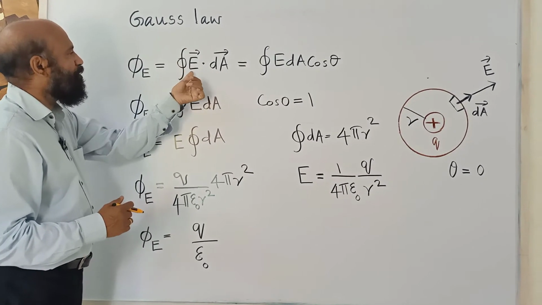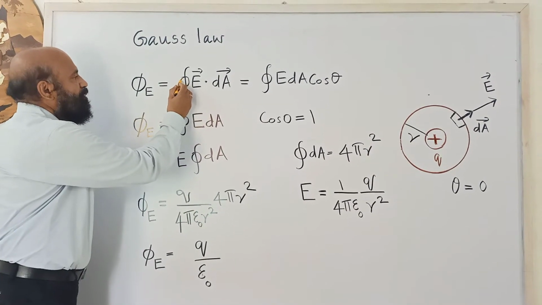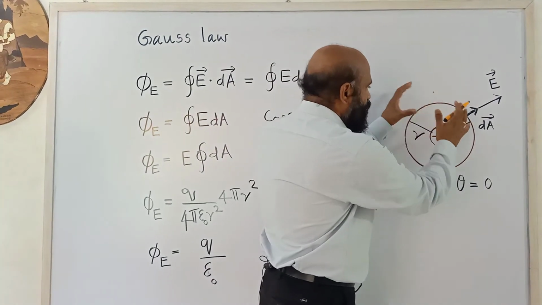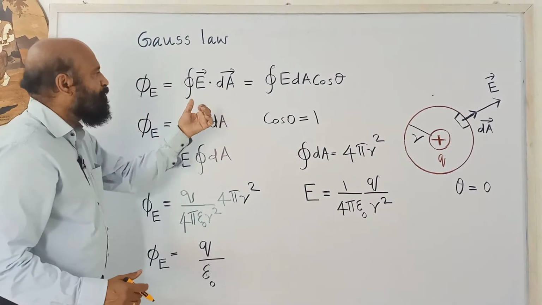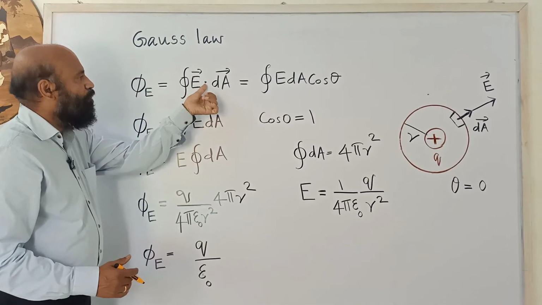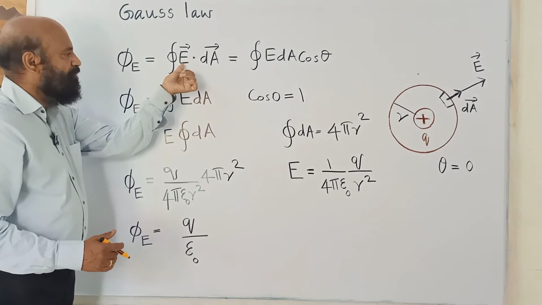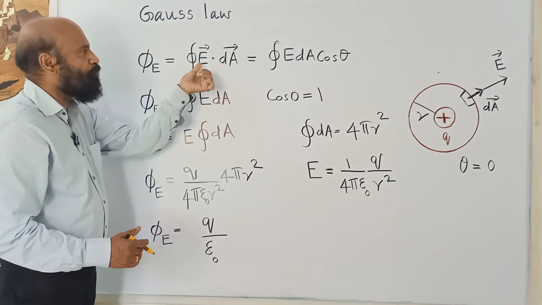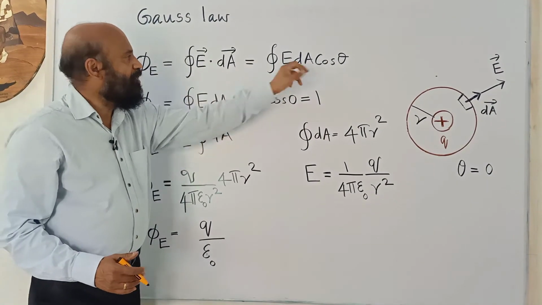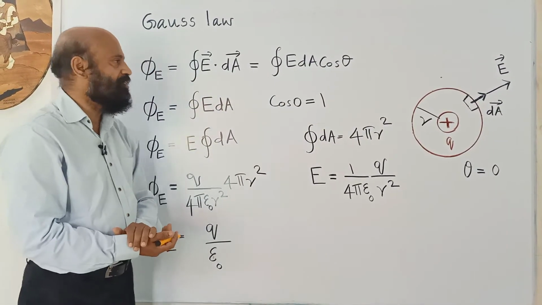integral of E vector dot dA vector. So here this circle on the integral sign shows that integration is to be done over a closed surface. Now, flux is given by this relation E vector dot dA vector. Intensity of the electric field is E, that is the flux passing through unit area, then dot dA vector. It is EdA cos theta. E vector dot dA vector is EdA cos theta.